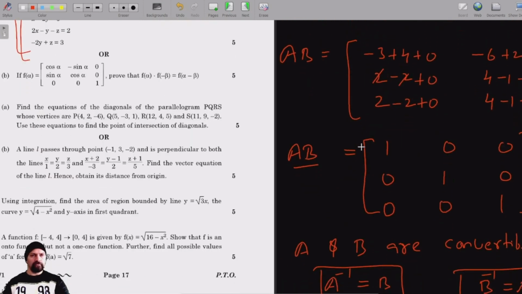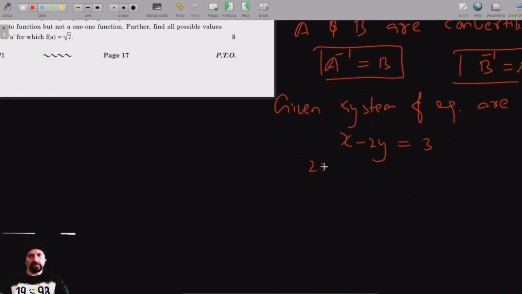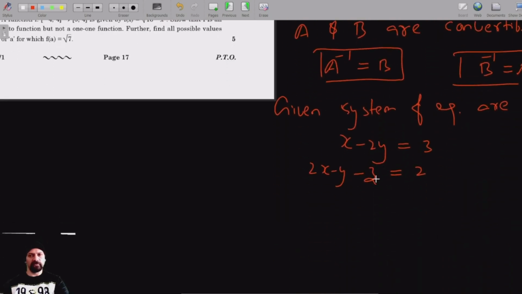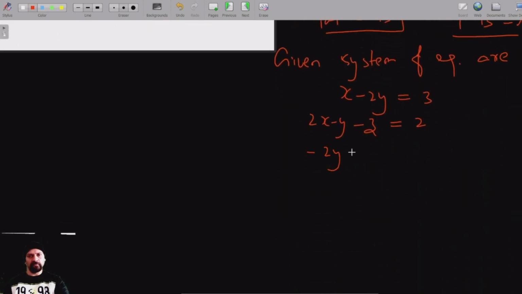And then 2x minus y minus z is equal to 2. And then it's minus 2y plus z is equal to 3. And